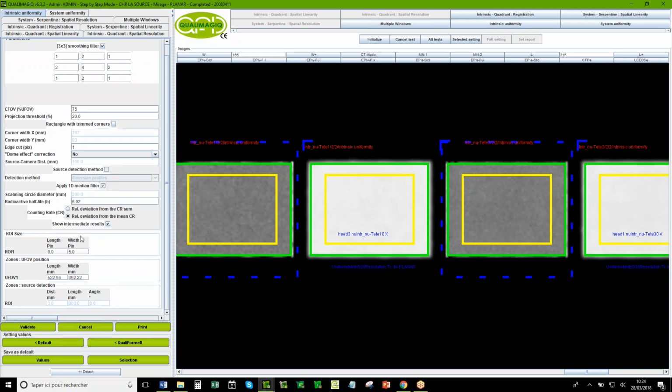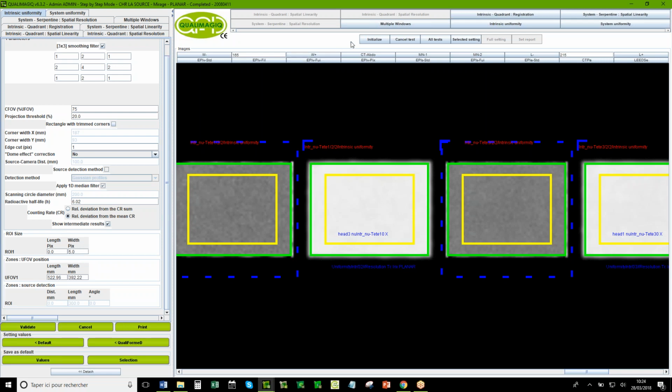And after, you have also the size of the region where you measure the average of the signal. Here they use 5 pixels to measure the average value of the signal.